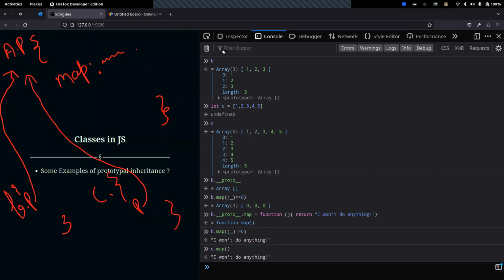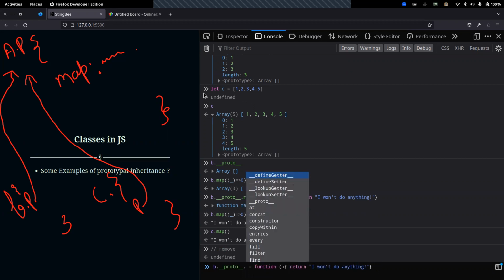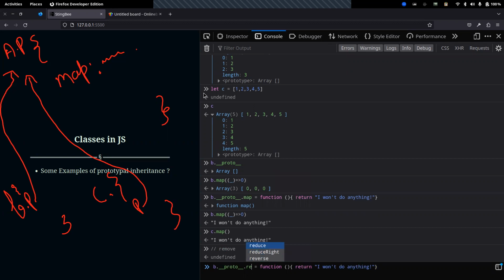Let me just erase this. Let's try to create a new function, remove, that will imitate what pop does, and we'll add it to the prototype object again. So we'll add new function remove to array.prototype,